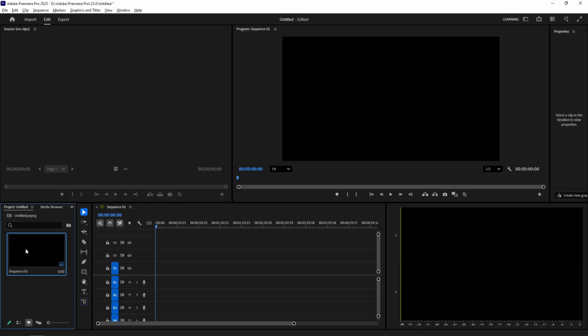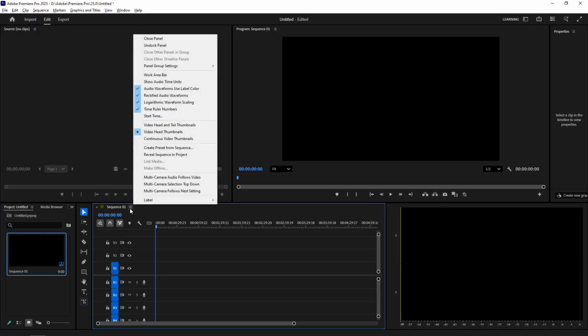Once you've done that, draw your attention to the timeline panel, which is where most of your editing magic happens. In the top right corner of your Sequence tab within the timeline panel, you'll notice a small panel menu. It's recognizable by its icon, often referred to as the hamburger icon due to its three horizontal lines stacked together. Clicking on this icon will open up a drop-down menu offering several options that allow you to customize your timeline